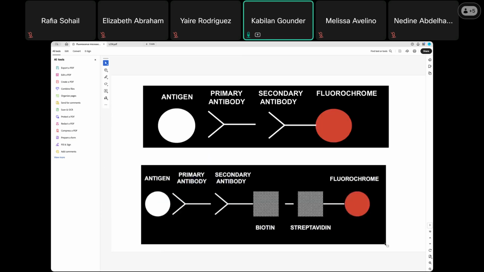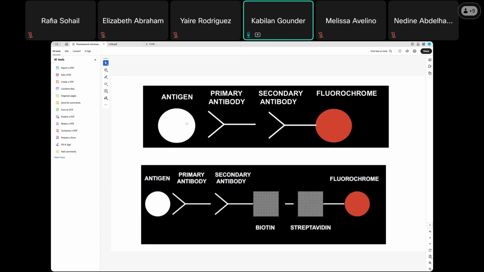So last class, we discussed these two different approaches in fluorescence microscopy. One is the direct target. For example, you can imagine that the target antigen is the lactoferrin protein. So, for example, in gingival tissue, how much lactoferrin is expressed in periodontal disease when compared